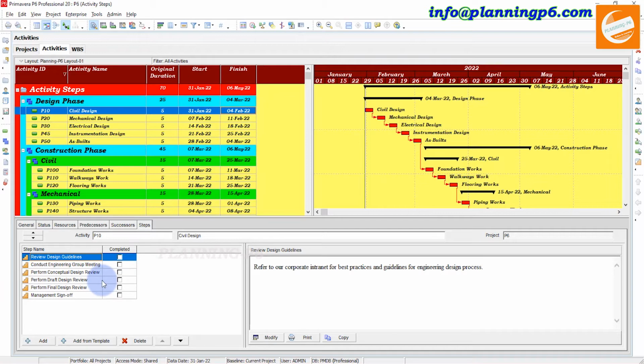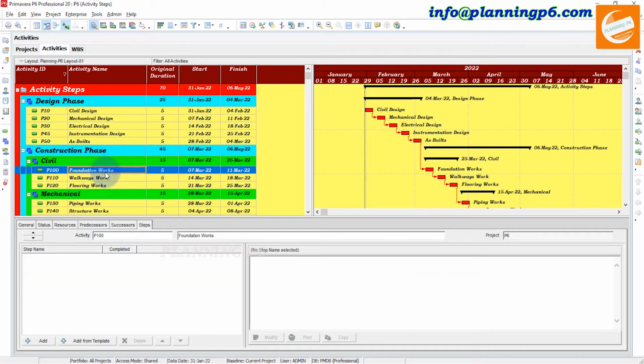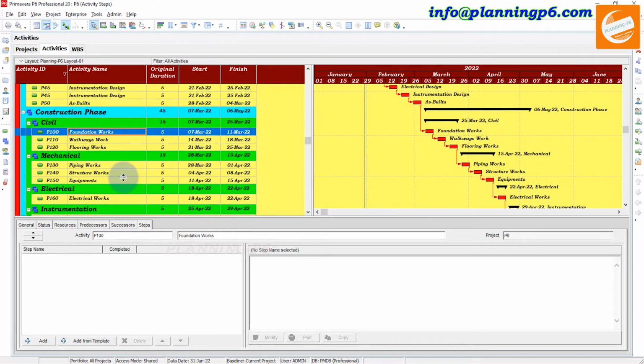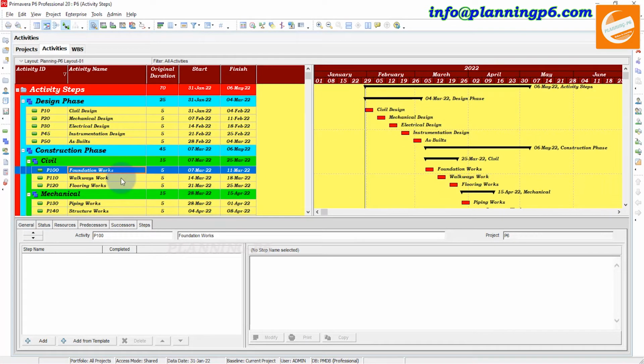First I will do it just for the foundation works. I will do an example here, and the others you can add from start to end. I just did the major activities, then we will add the steps. I will do it for the foundation work; for the construction, you can follow that as well. So add here a new step. What are the new steps for the foundation works?